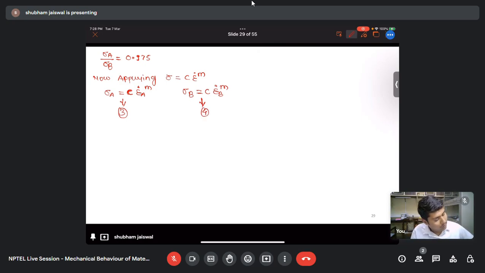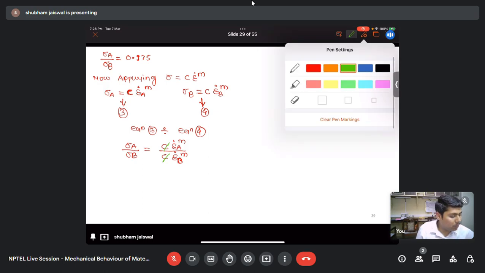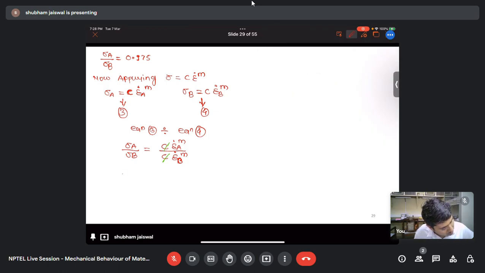Now again I do equation 3 divided by equation 4. What will we get? Sigma A upon sigma B equal to C epsilon dot A to the power m divided by C epsilon dot B to the power m. So this C will get cancelled out, and we know the ratio of sigma A by sigma B. How much is this? That is 0.975 equal to